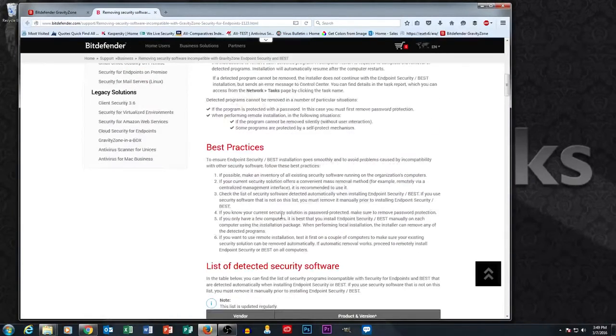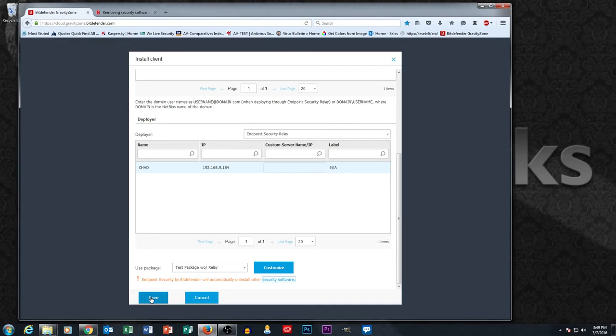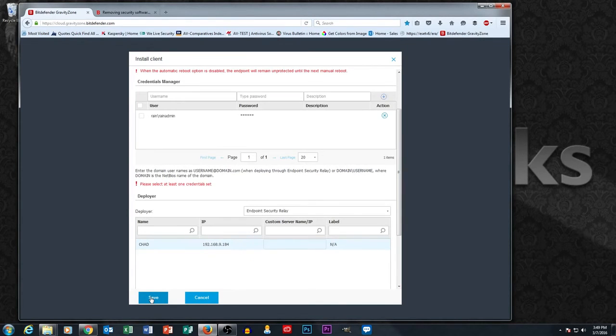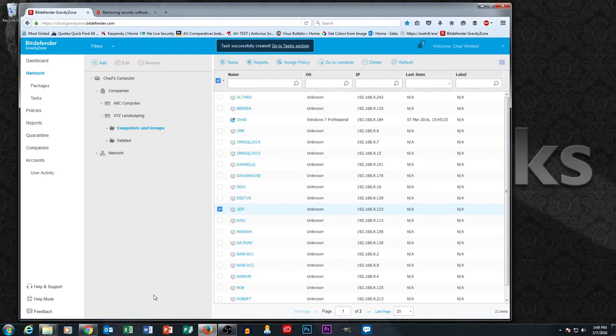One of the caveats is your software can't be password protected. So let's say you rolled out a vast business software on your network and they put a password on it, which is very common. You want to make sure and take that password off before you have Bitdefender attempt to uninstall it. All right, so I'm going to go ahead and hit save here, and what's going to happen is that this task is going to send an install package over to Jeff's computer to install Bitdefender, and Chad's computer is going to be the computer that passes that